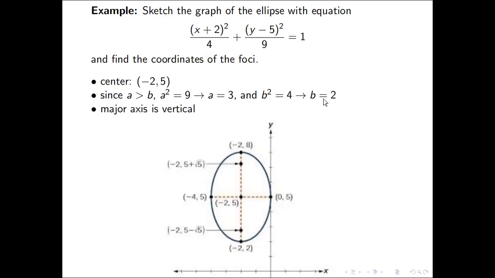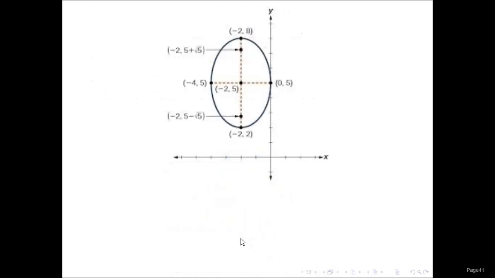So you move 2 units in the vertical direction. So that we have the points negative 4, 5. So subtract 2, and then 2 units to the right, add 2 to the x coordinate. So you get 0, 5, and then you just connect the 4 points there to get the sketch of the ellipse. So there.